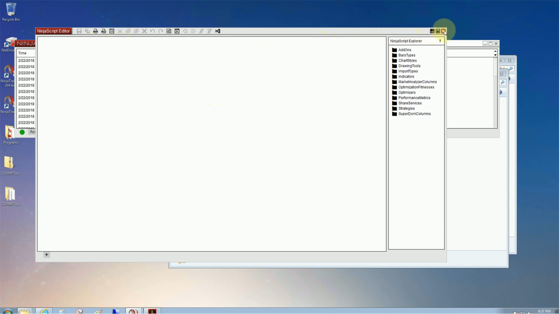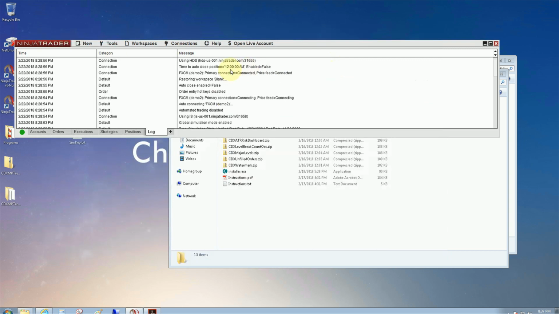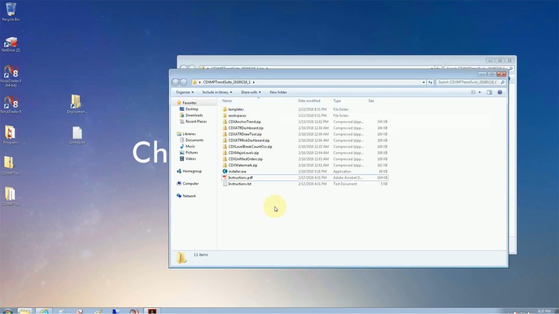Okay, now we've done that verification, let's go ahead and close the editor. It's also a good practice to restart your platform after installing third-party add-ons. So let's go ahead and do that right now. We're going to install our workspaces at the same time. So per the